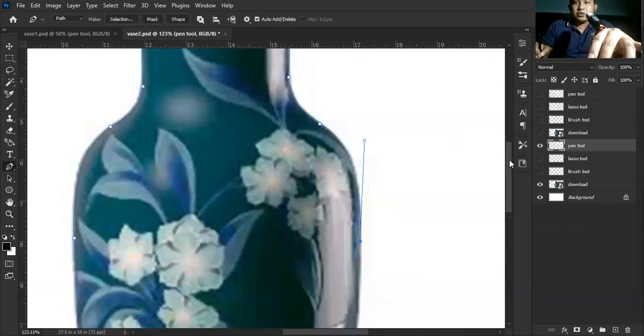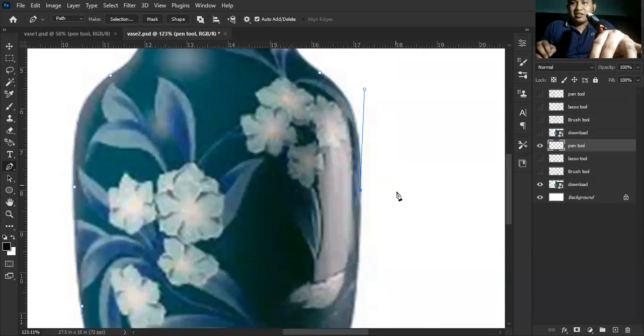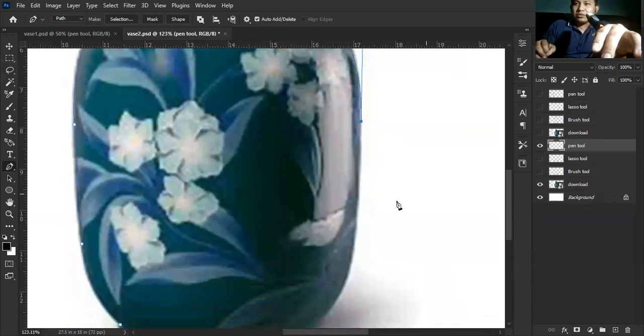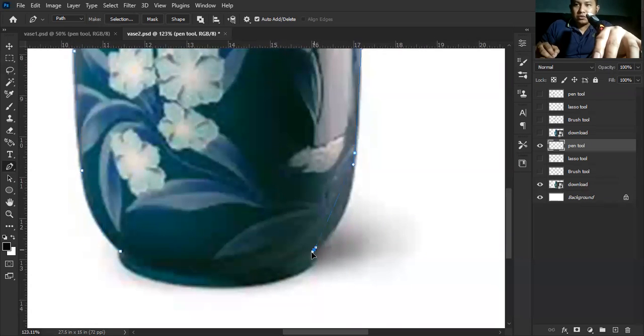Okay. I forgot to mention that I press the Alt and then I press over here. I'll repeat it again. Every time that I make a curve, I always press Alt and press on the latest point because I want to have more freedom with the direction of the curve. Because if you don't, it won't go where you want.